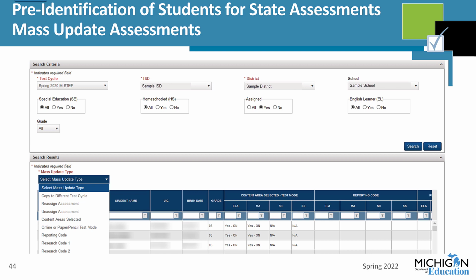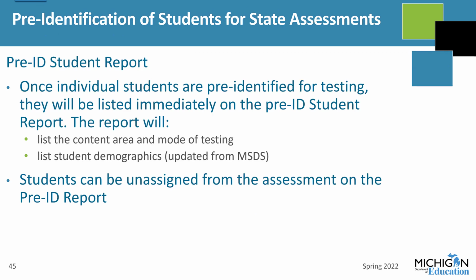If you need more information about how to use this screen, there are detailed step-by-step instructions available on the Secure Site training page. Again, www.michigan.gov/SecureSiteTraining. The Pre-ID Student Report is available so that you can view students who are pre-identified for testing,